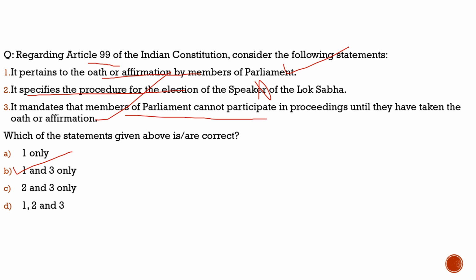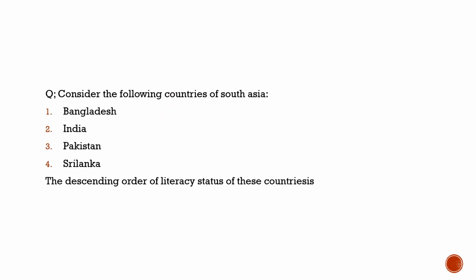Now with this, let's move to the last part of our discussion, where we will solve a previous year question. Here you can see the question says, consider the following countries of South Asia. So these countries are in South Asia. Find the descending order of the literacy status of these countries. So look at this question. This question was basically asked in